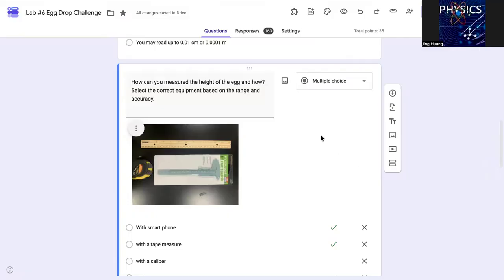Hello, I'd like to explain the egg drop experiment. The egg drop experiment is really a challenge because if you drop an egg, it cracks. In our experiment, I need you to drop the egg from a certain height and make sure it's not cracked. So you're going to have to figure out how to increase the time of collision, the impact time, because impulse